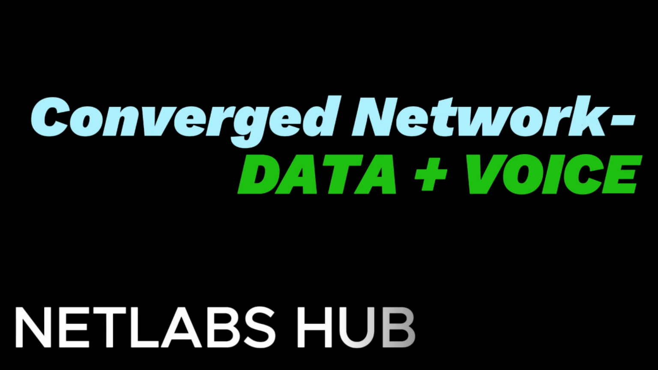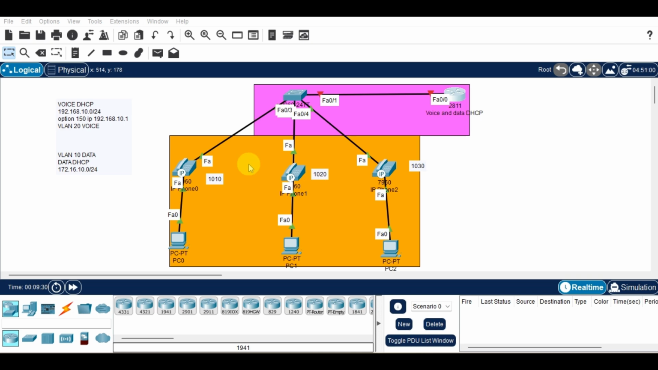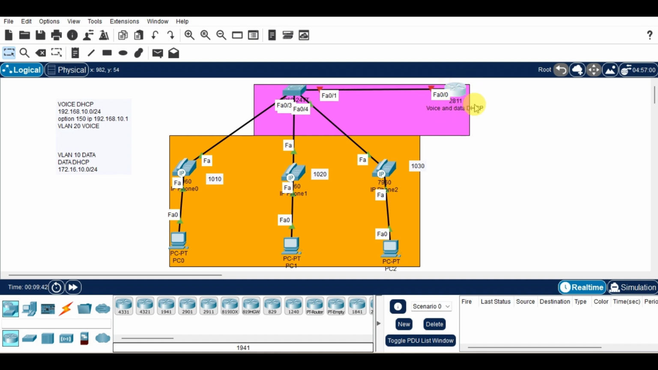Netlabs hub, where we are going to configure this network to achieve a converged network whereby voice and data are on the same network. As you can see, this is the switch, this is the router, a 2800 series, and then these are the instructions. The voice VLAN, or the voice network, is going to work on